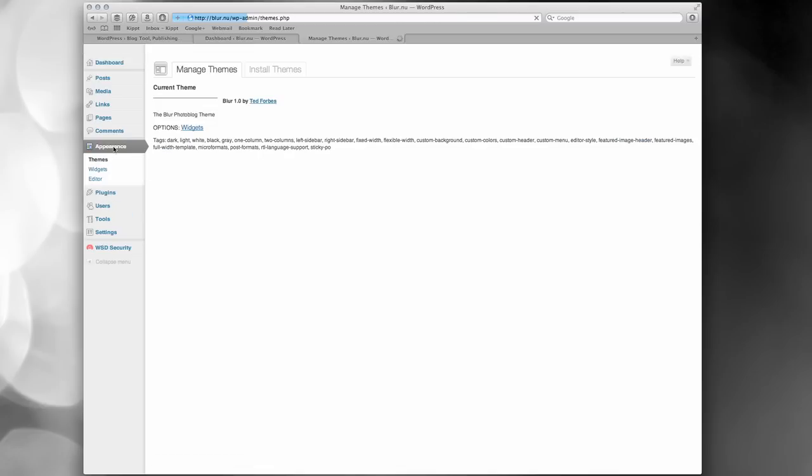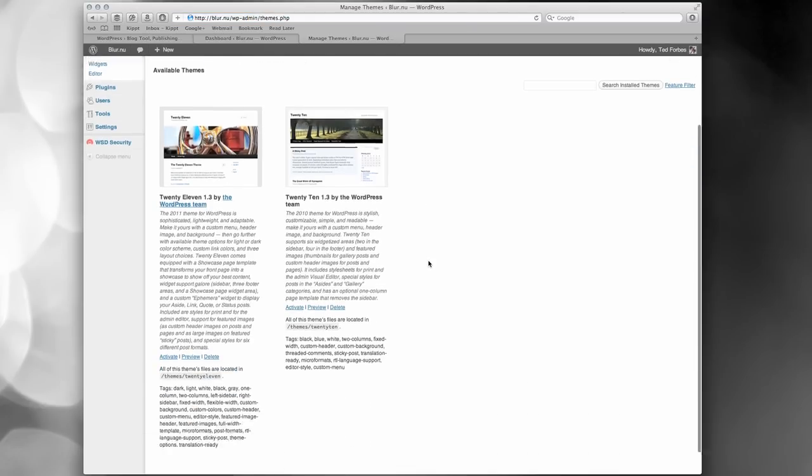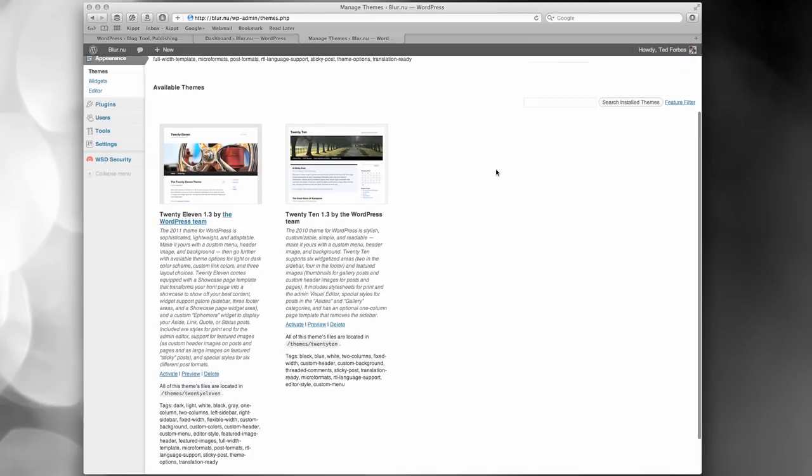If you go under Appearance, and this is one of the strong things about WordPress, you can see already there's a bug because I'm missing an image. But you can develop your own themes. WordPress calls the design the theme, and it comes with 2 themes installed, and you can go get more. There's tons of themes on the internet that you can browse for free. You can install them right here. WordPress is really strong in that regard.